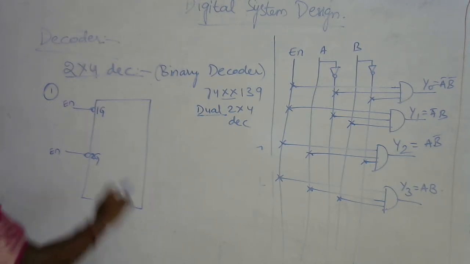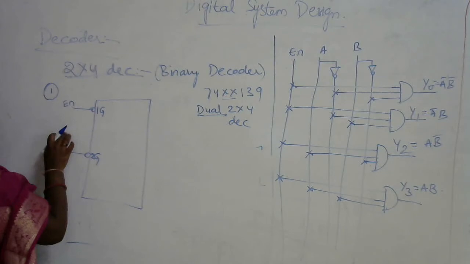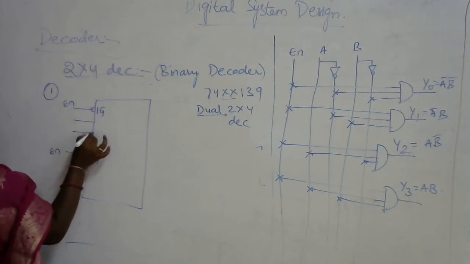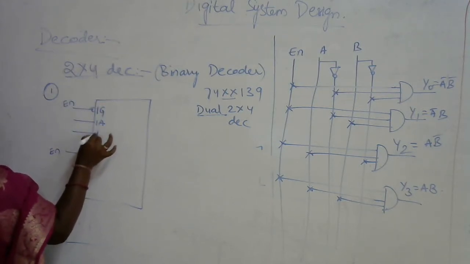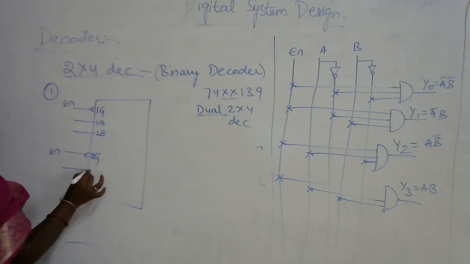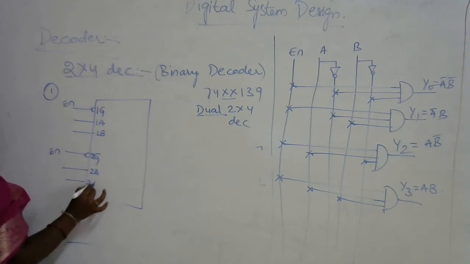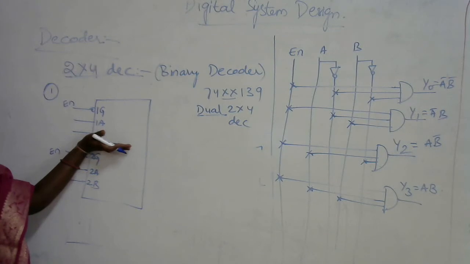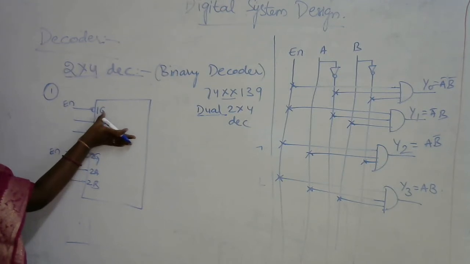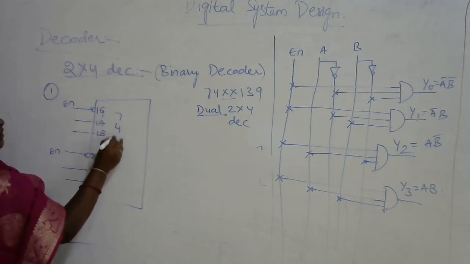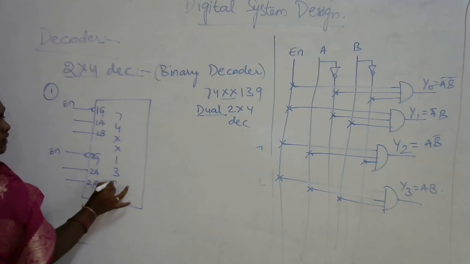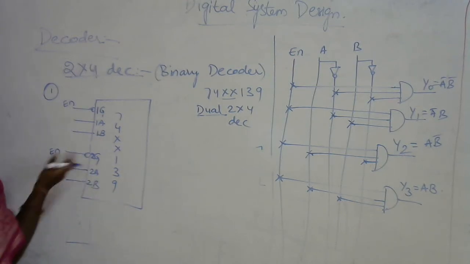And similarly as I told you, in case of a 2 by 4 decoder, it consists of two inputs. This is, let me take, 1A 1B. Similarly, this is 2A 2B. So this is 1 2 by 4 decoder. As we have discussed, in case of 2 by 4 decoder, it consists of two inputs followed by an enable pin. Similarly, it consists of how many outputs? Four outputs. As I told you, this is which IC? 74XX139, which is nothing but a dual 2 by 4 decoder.